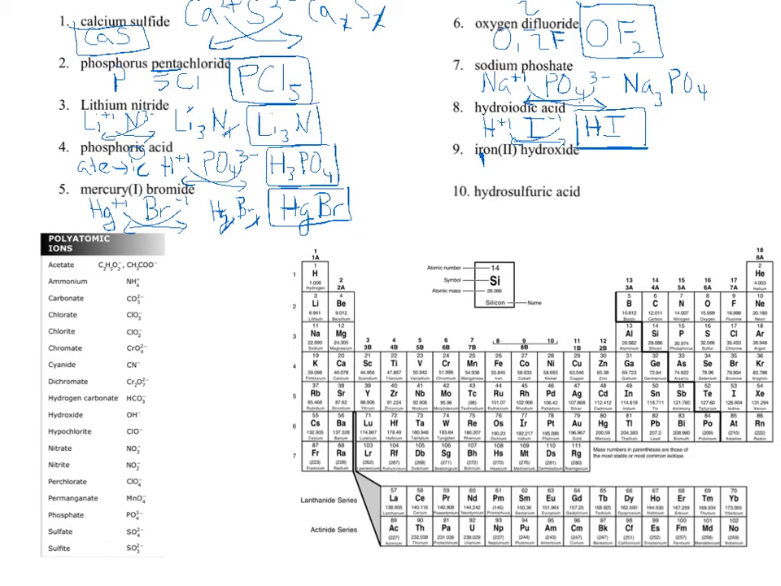Okay, iron 2 hydroxide. Iron 2, remember, iron, if we find it here on the periodic table, is right here in the middle of the transition metals, Fe, and that's why it has this Roman numeral 2 after it. Remember, the Roman numerals tell us the charge. So iron is Fe2+,